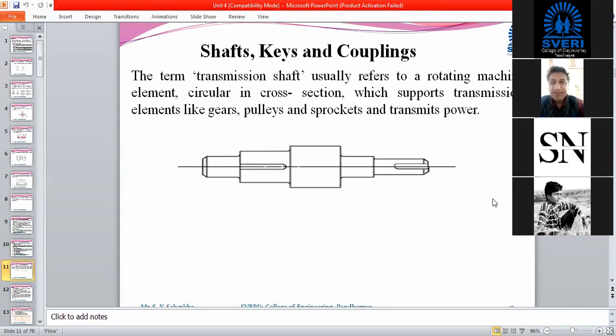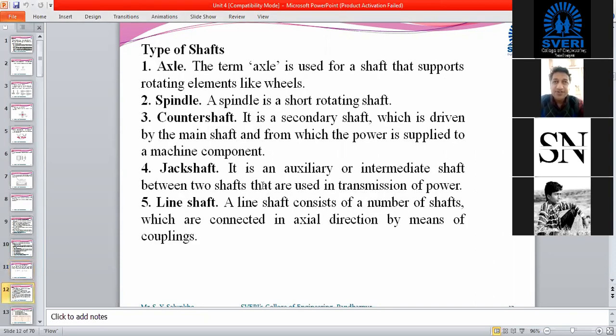So we have to use the maximum shear stress theory instead of the maximum principal stress theory, while designing such shafts. Because the main function of a shaft is to transmit torque from one point to another, the flow of torque takes place in the shaft. So while we design this shaft, we have to take help of the maximum shear stress theory.